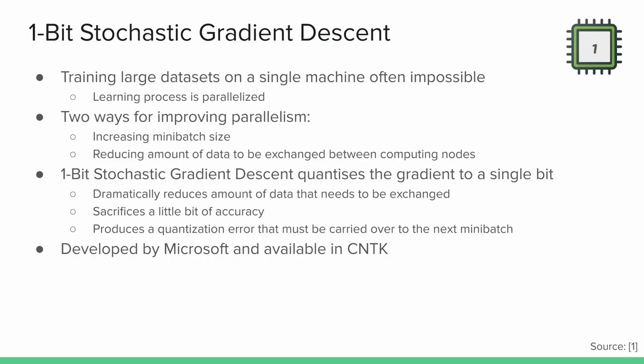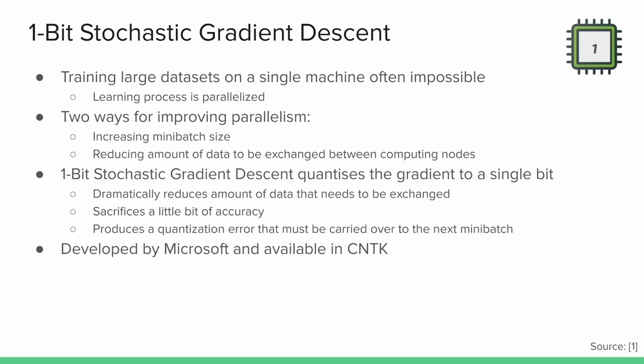And as I said before, if you split your data set and you run this in parallel, you have to synchronize your gradient. So you can either improve this parallelism by increasing the minibatch size, by training on more samples at the same time, or by reducing the amount of data that needs to be exchanged between those individual nodes that are training your model. And this 1-bit stochastic gradient descent is trying to do the second thing by quantizing the gradient of your model to just 1 bit. So it dramatically reduces the amount of data that needs to be exchanged, while of course